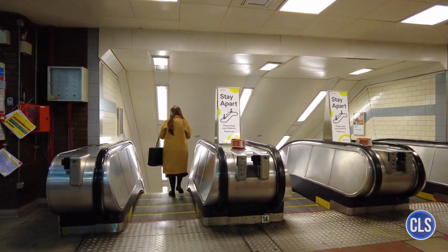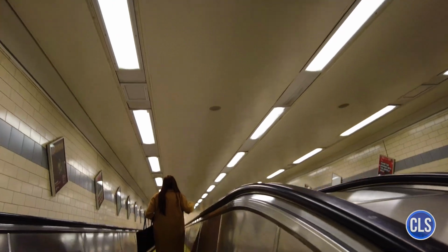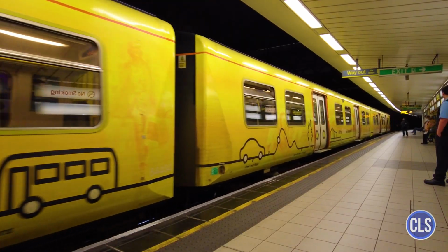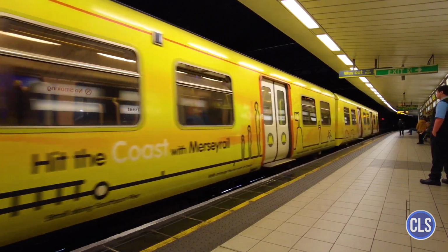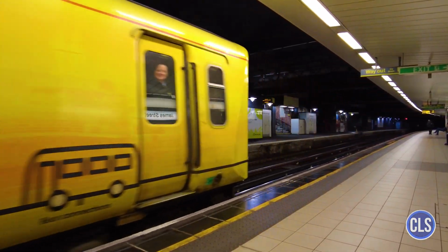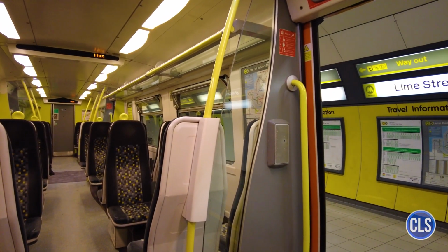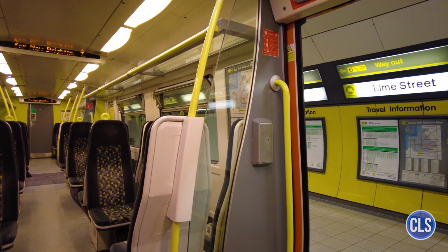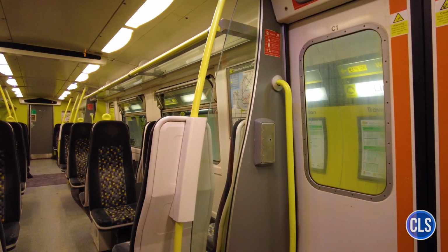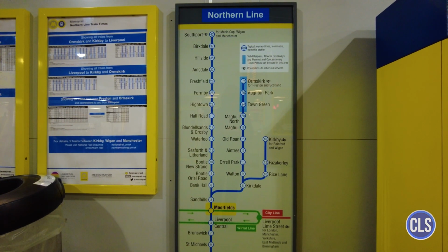Class 777 trains represent a leap forward in comfort and efficiency, with more spacious carriages, easy access entrances for people with reduced mobility, and improved air conditioning systems, making journeys more enjoyable for passengers. They operate with 3 or 4 carriages, but can be extended to up to 8 carriages during peak hours, providing additional capacity on the busiest routes. On board, the trains offer comfortable seating and cycle spaces, reflecting Merseyrail's commitment to sustainability and the promotion of multimodal